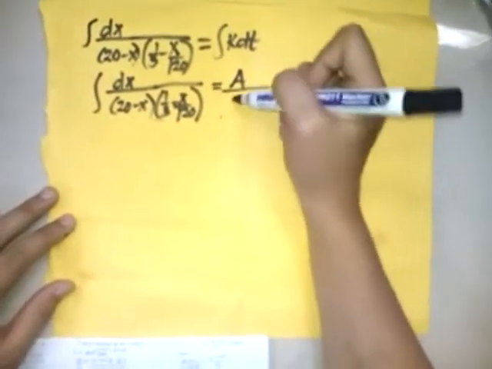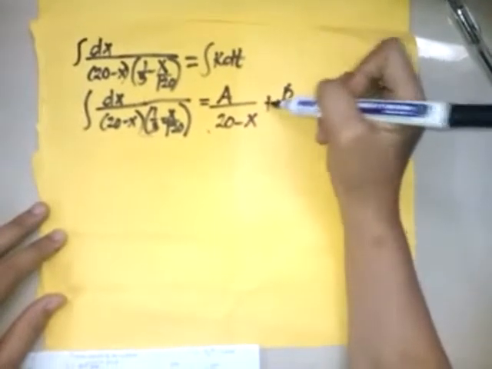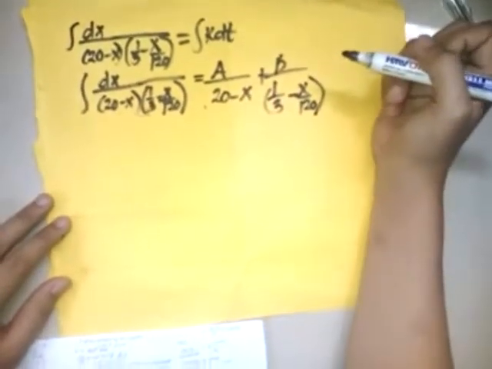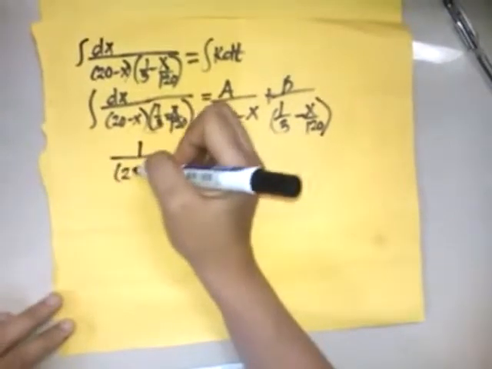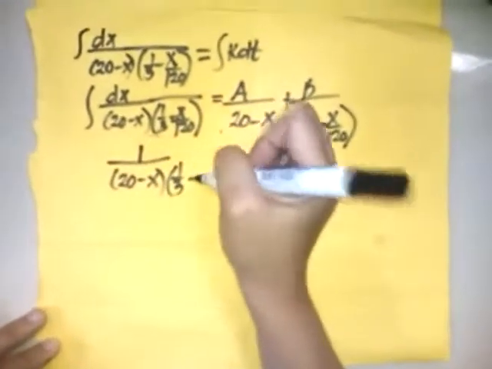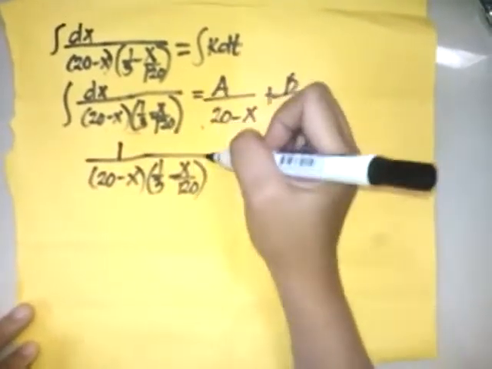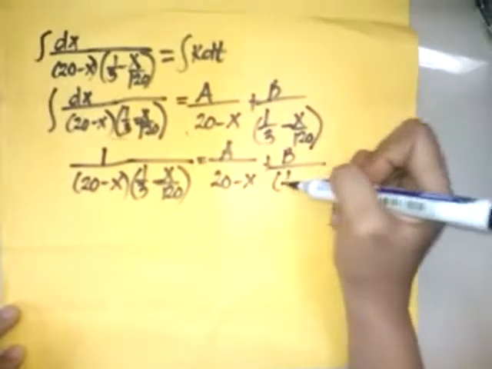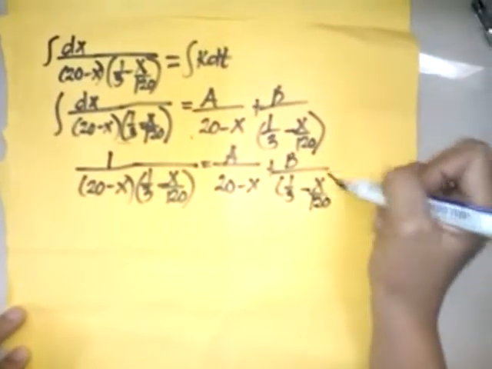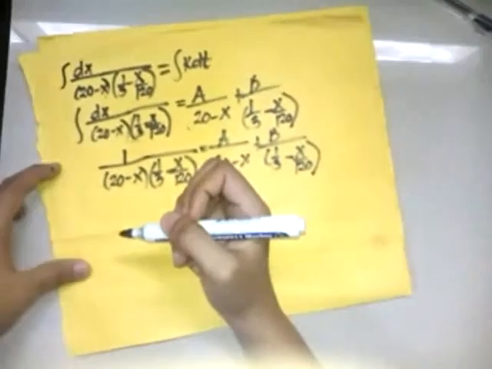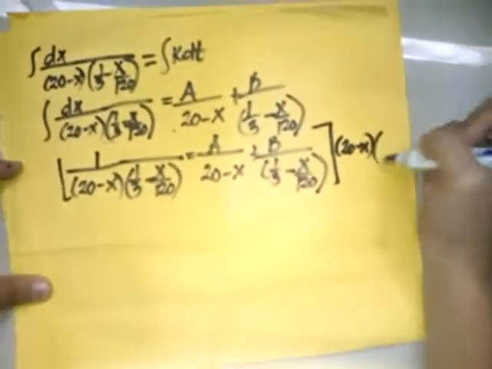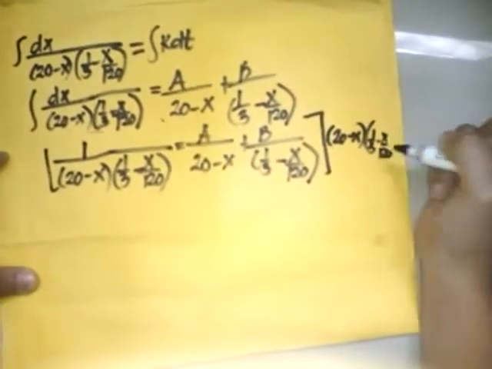Solving for A and B as constants. Then, multiplying, we get